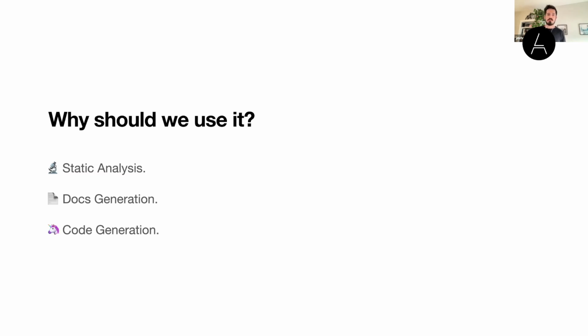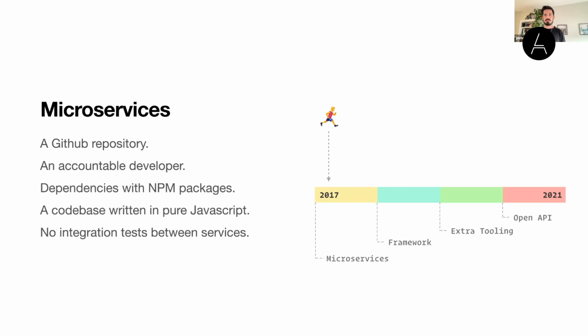Now, when I joined Vercel back in 2017, we used to have a lot of microservices. It was the thing back then, all the way microservices. The smaller, the better. So every microservice that we had used to have a GitHub repository of its own, one